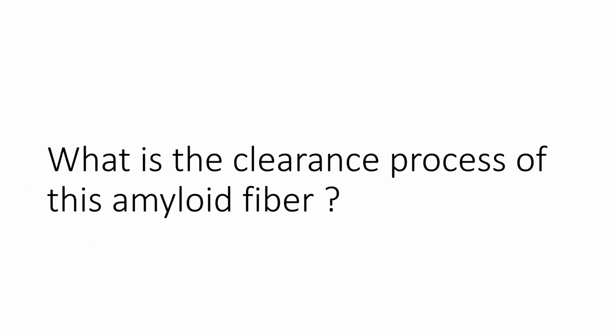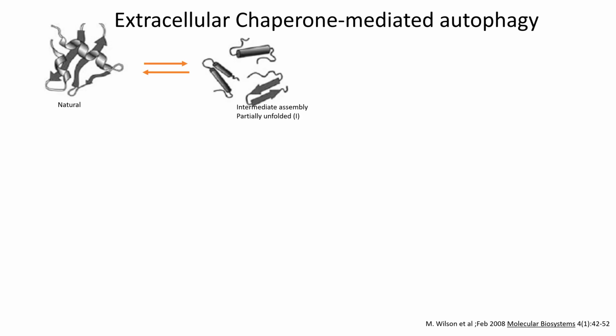We are going to see what is the clearance process of this amyloid fiber. This schema described by Wilson suggests that extracellular chaperones play an important regulatory role in the formation and elimination of amyloid in the body. A model is presented which proposes that under normal conditions, the extracellular chaperones